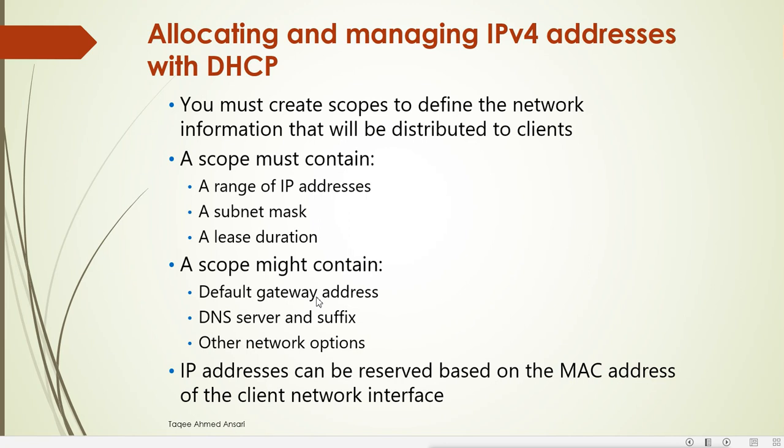And because we are configuring the IP addresses automatically from DHCP, it is the job of DHCP to provide the gateway address, and the same goes for DNS. The DNS server and suffix for the domain must also be provided by DHCP, because it is automatically configuring the IP addresses. All the clients in the domain must know the DNS server IP addresses, so we have to configure the DNS server IP addresses and suffix with DHCP, and add them into the scope. Some other network options can also be under the scope.